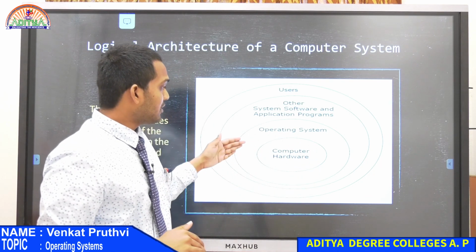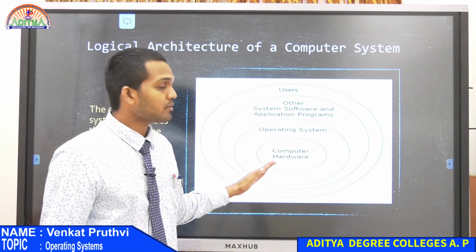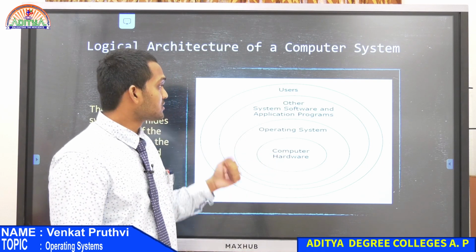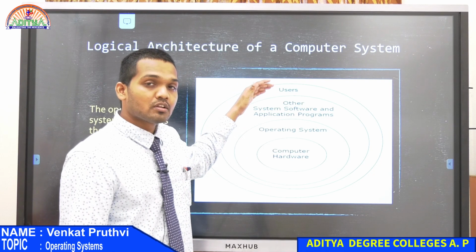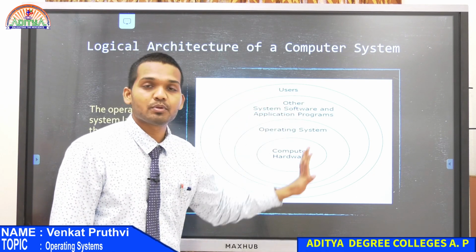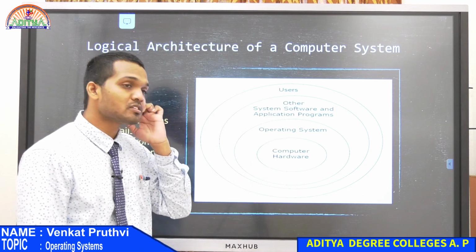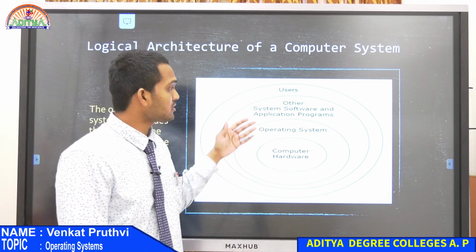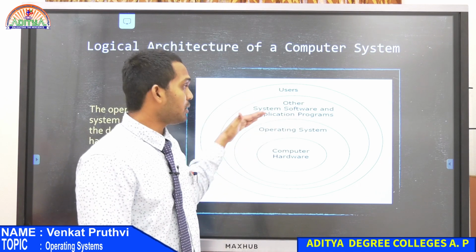Now in order to perform these operations over here, we need to have some tasks. From where will we get the tasks? We will get the task from the user in the form of computer system software or application programs. Application programs in the sense your MS Office or your browser or your music player, whatever it is, all of them come under your application software.